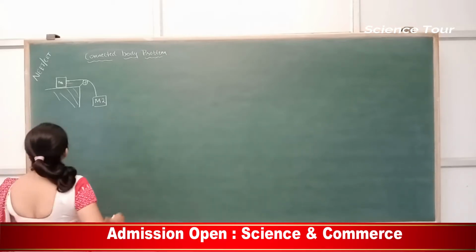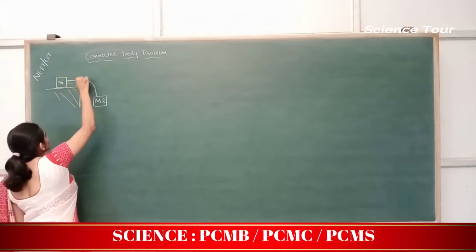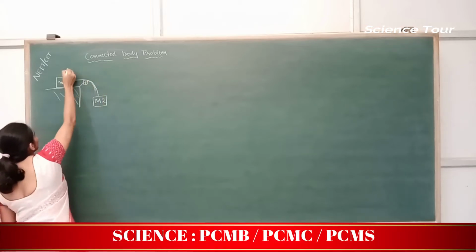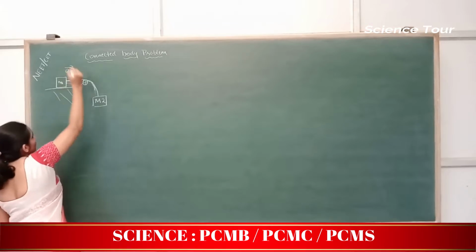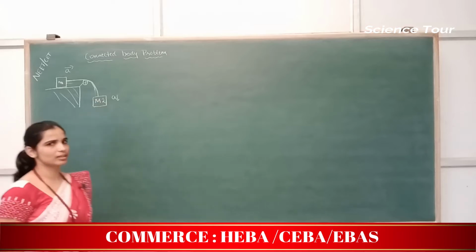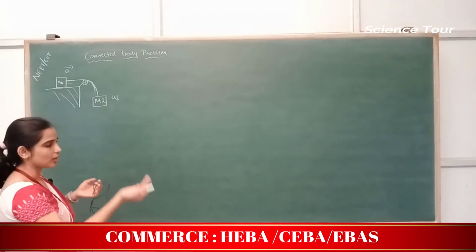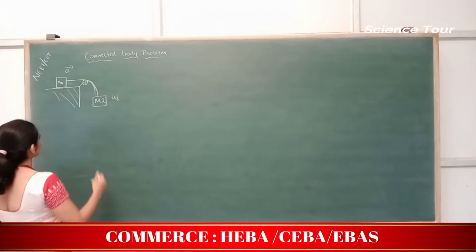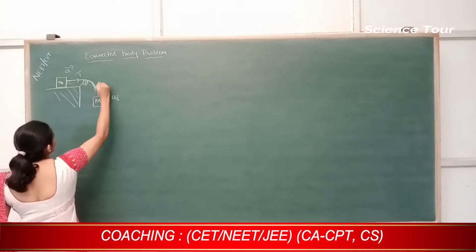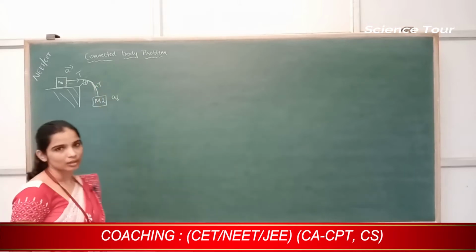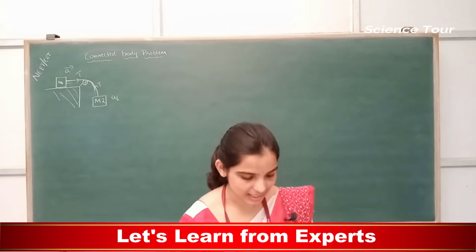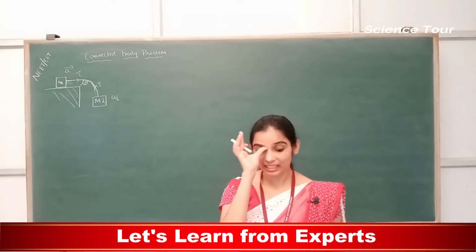What is the direction of acceleration? They are connected through a string and the string is passing through the pulley. The acceleration here is towards the pulley and here it is downward, which means M2 is heavier than M1. It's understood, acceleration is towards M2. What about the tension acting here? T, and the tension acting here is T. So now how will you derive the expression for acceleration and tension acting on the string?